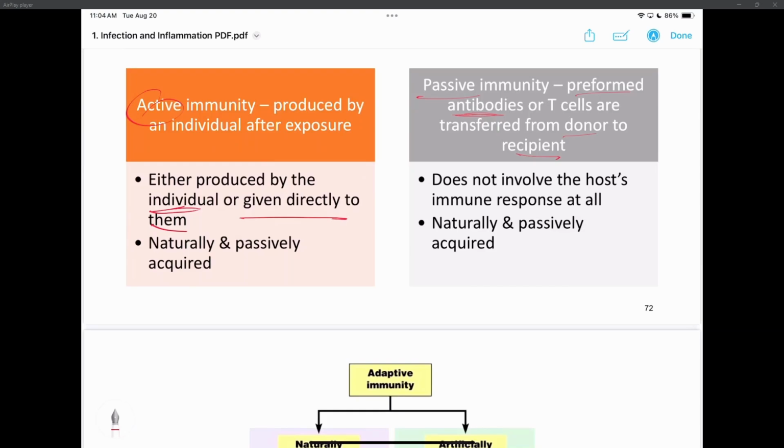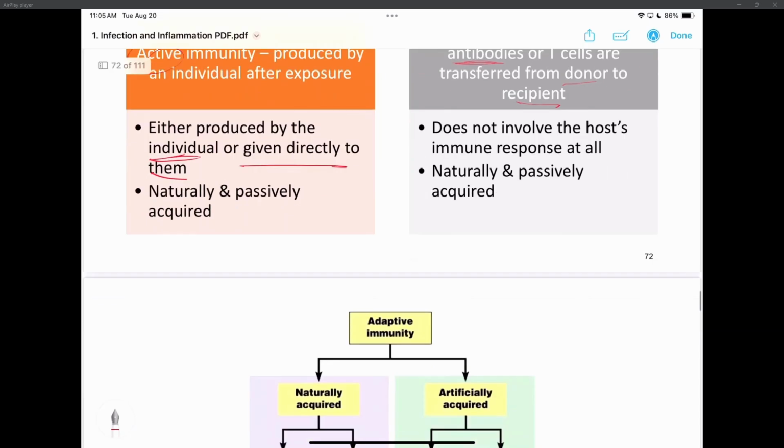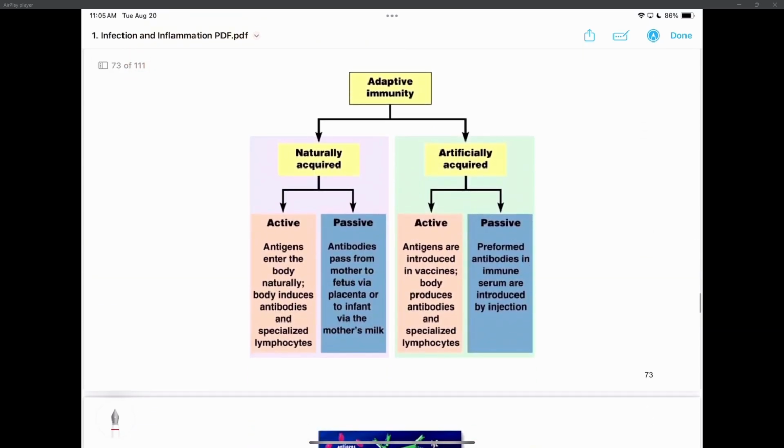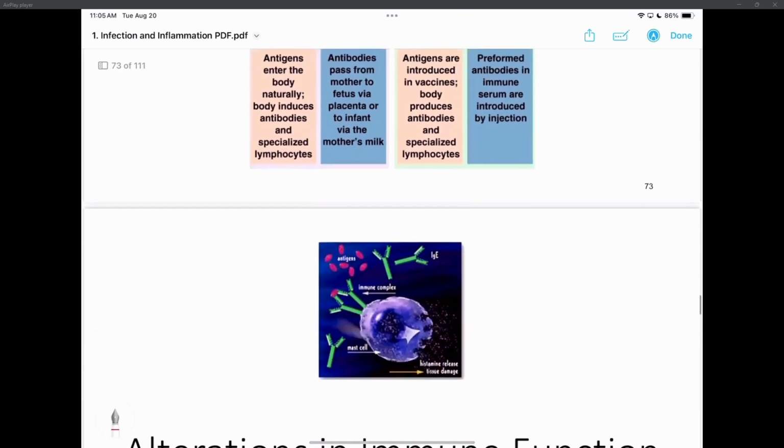You don't have to do anything for it, like rabies. Your dogs obviously need rabies shots because they potentially could be attacked by other dogs. Humans don't need a rabies shot because hopefully you don't get rabies. But if you do get bit by a dog or an animal that you suspect to have rabies, they're just going to give you the antibodies for rabies directly. There's no reason for us to develop immunity. Snake venom, the antibodies for the snake venom, we just give them to you because you don't need to develop immunity for that. Some people want to, and they do crazy stuff. But anyway, we can give them to you. So here's a summary slide that talks about the different types of adaptive immunity.